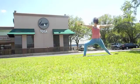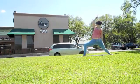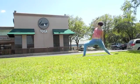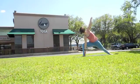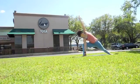There we go. Inhale to flip your right palm up. Exhale, reverse your warrior. And then inhale into your extended side angle, shifting forward. Take your right forearm to your right thigh, and then reach up to the sky with your left hand. Go a little bit deeper. See if you can take your right hand to the inside of your right foot, or maybe reach towards the